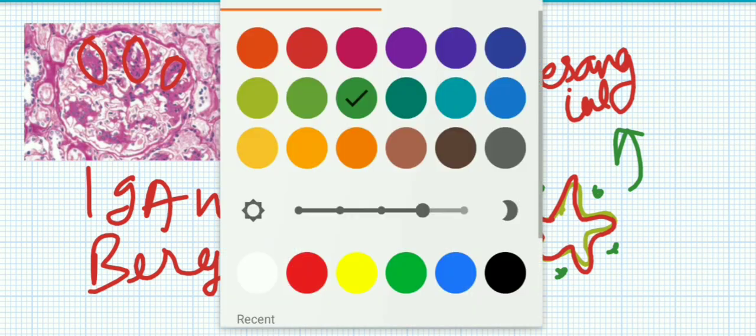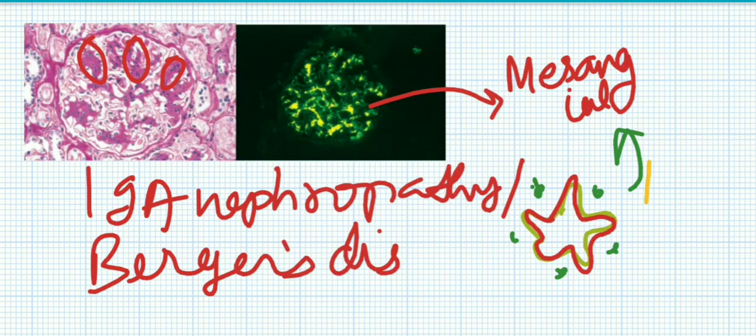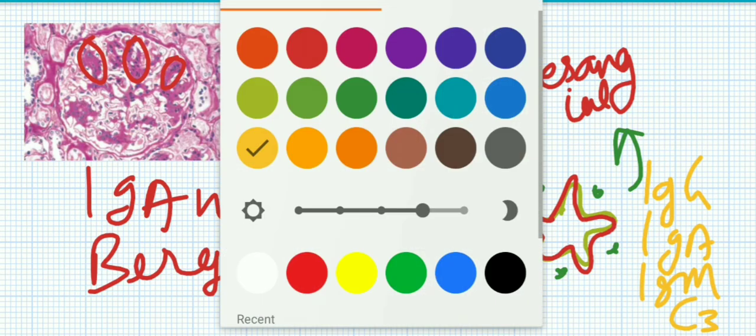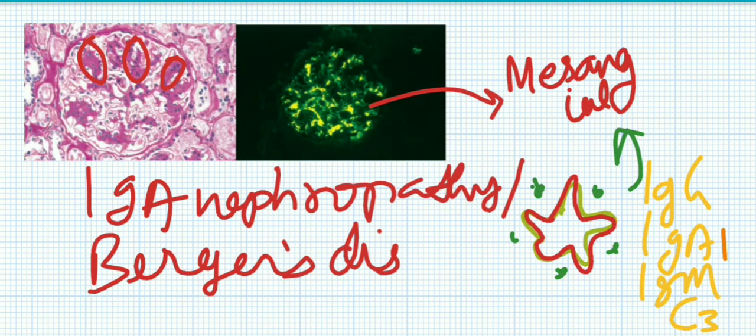And here you are having antibodies IgG, IgA, IgM, and also C3. All these complements. Now in IgA specifically it is IgA1, because IgA2 will get inactivated. What is running through the bloodstream is IgA1. So IgG, IgA1, IgM and C3.